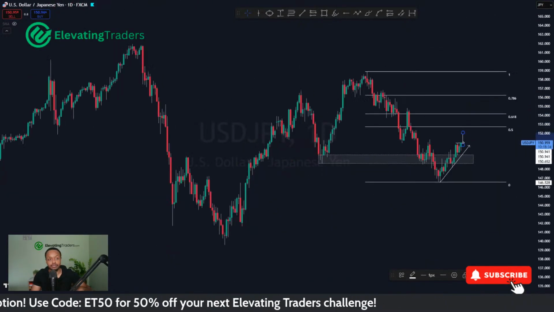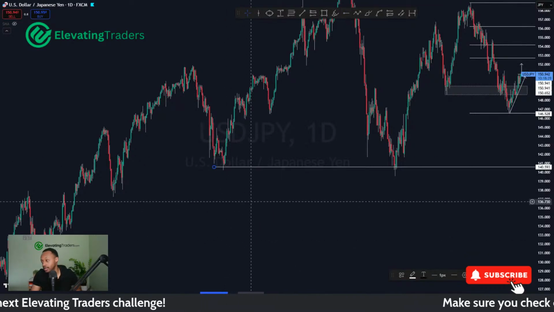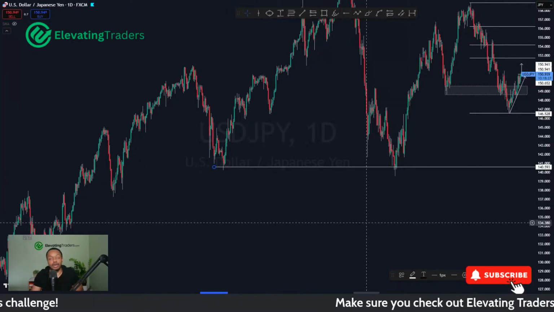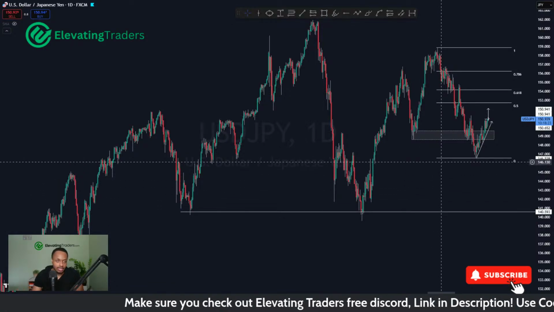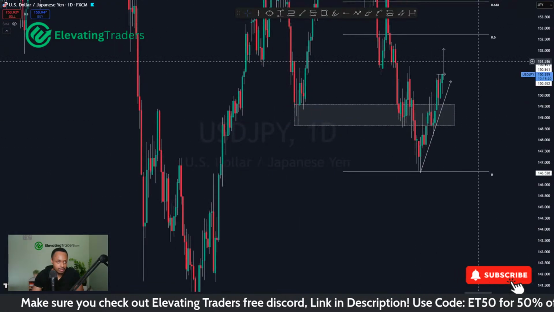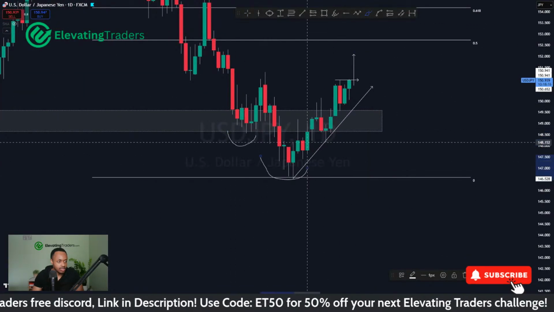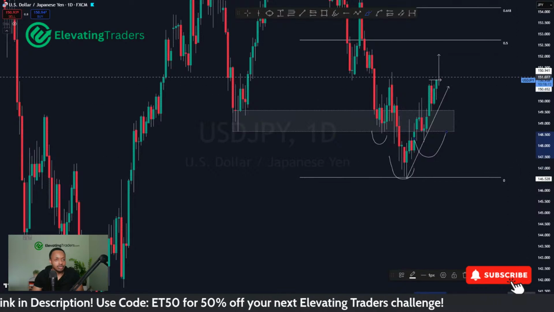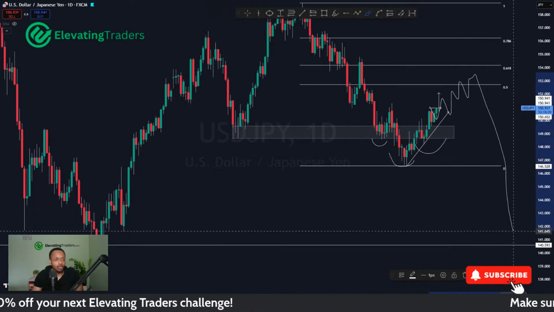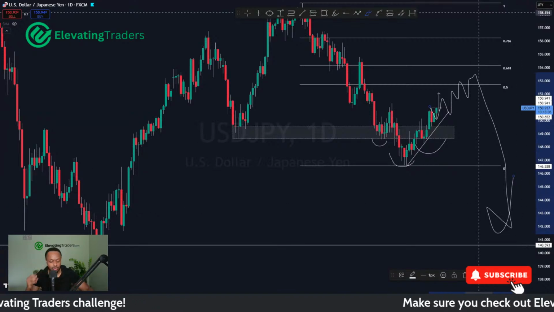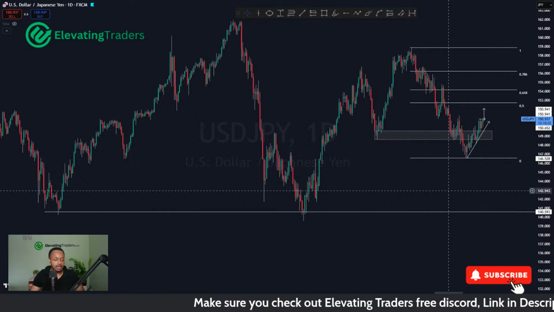And again, for this one, I'm still very bearish on. I do think price can eventually get all the way back to the low there as well. But I just have to make sure I'm being patient, not jumping into the trade too early, especially when we're kind of coming to a bullish phase. The way I'm looking at this kind of looks like an inverse head and shoulders to a degree, which again is a reversal pattern. So we might see price push on for a while before turning, and then that's when I want to get into the trade. So yeah, dollar yen looking pretty bullish to me.